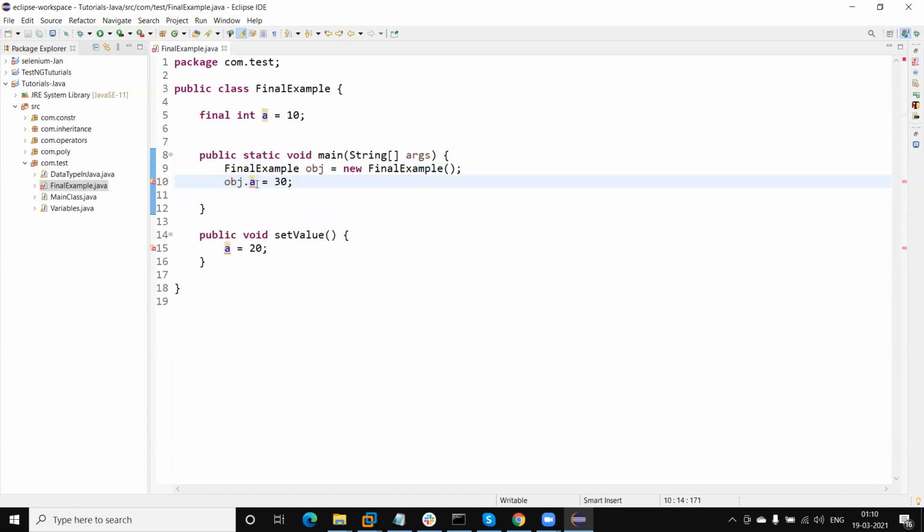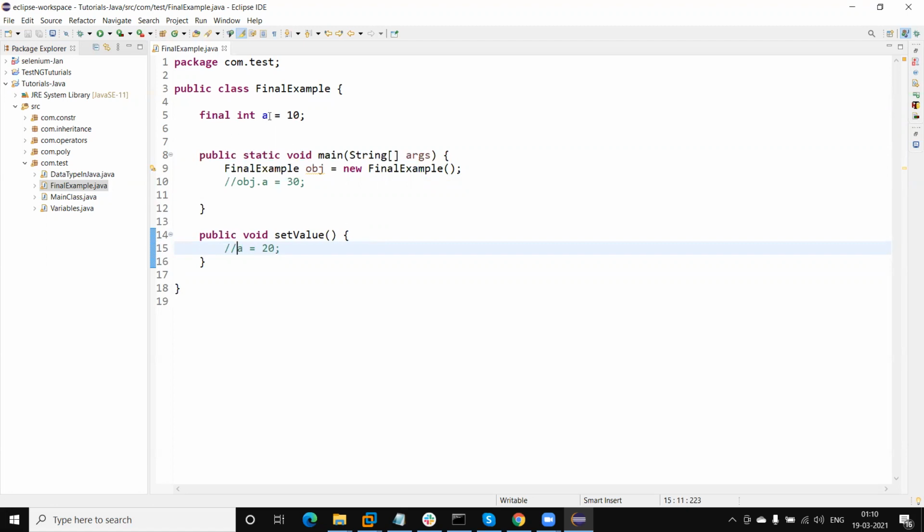It means once the value of a final variable is initialized, we cannot change it. If we apply the final keyword on any variable, that will work as a constant.